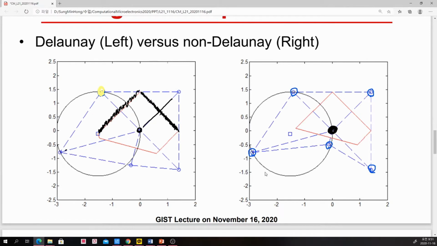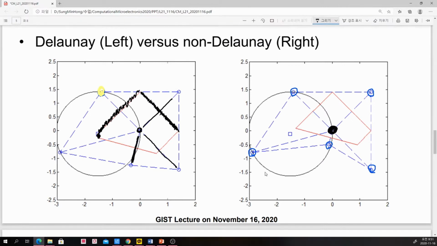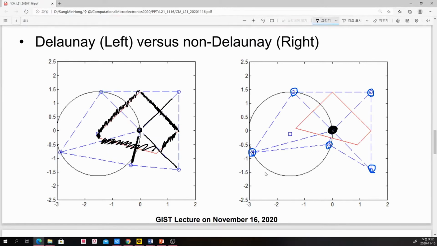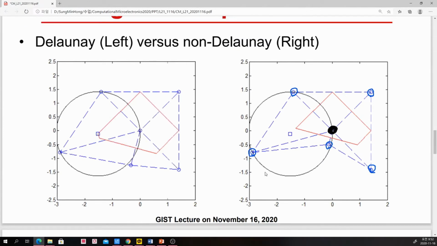And even for this line, although it is not that long, here we have it. And for other edges, for example this one and that one, we have still yes and yes. I mean that in this left example, every edge connecting our center node and 5 surrounding nodes has